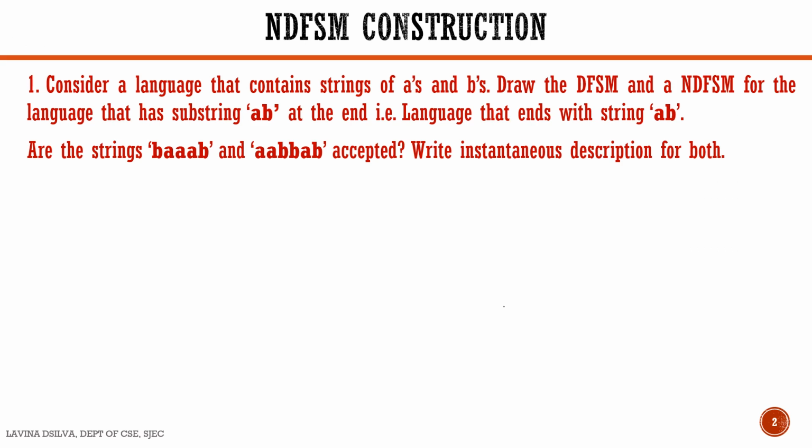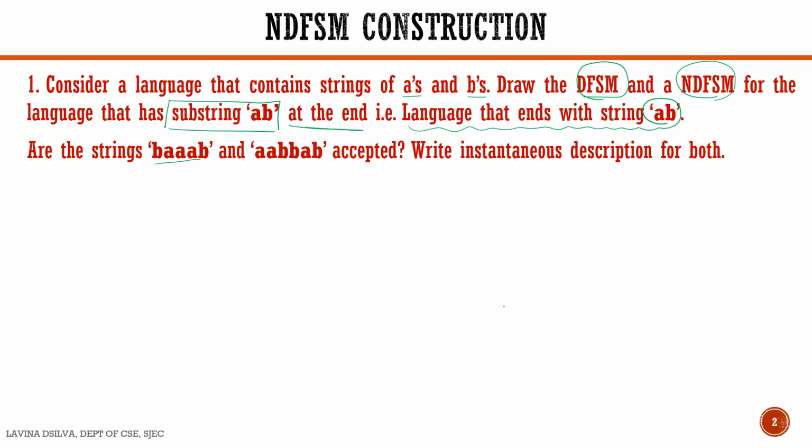Let us consider a language that has strings of A's and B's, and we have to construct both DFSM and NDFSM for that language. But there is a condition. What is that condition? The language should have substring AB at the end. In other words, we are talking about a language that ends with string AB. Once we construct the DFSMs and the NDFSMs for this language, we have to check whether string